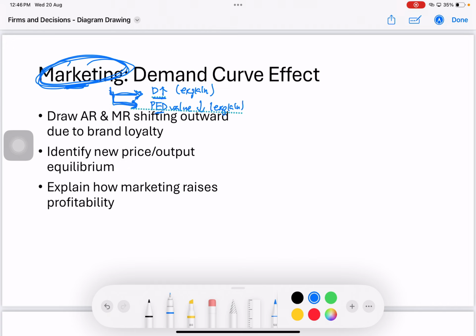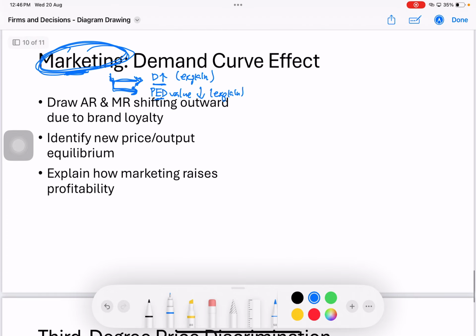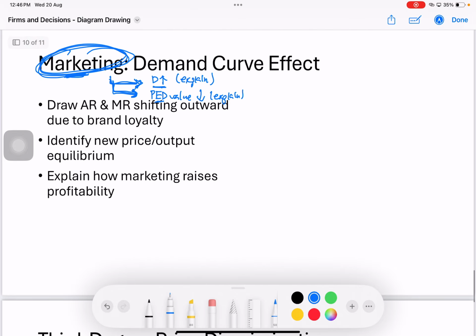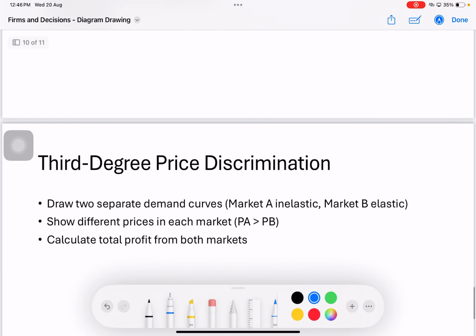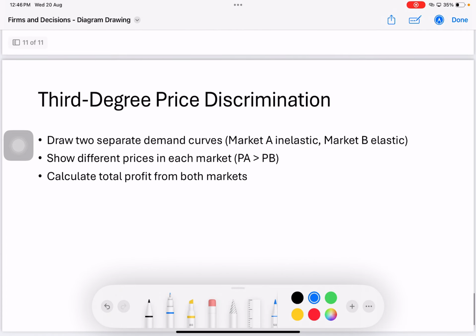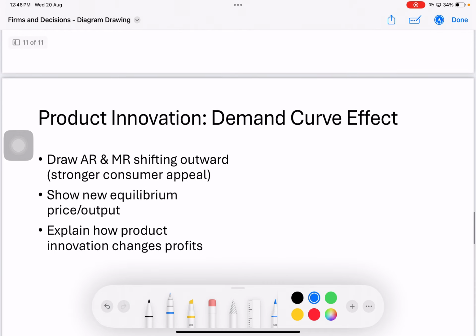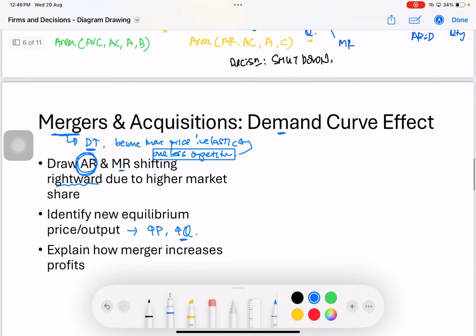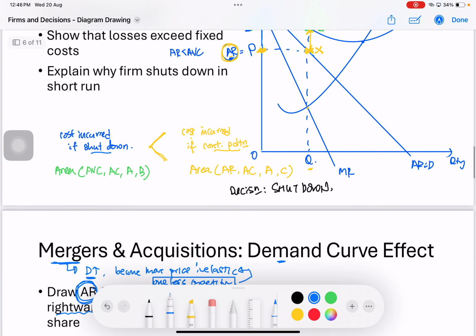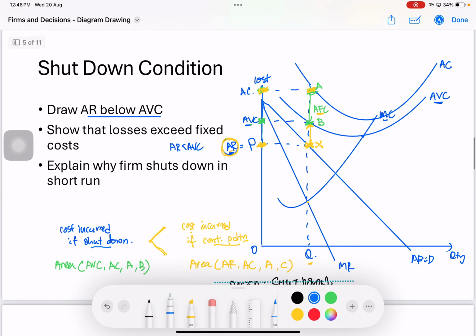Okay? And marketing, of course, it is not about process innovation, and hence there isn't anything on the cost curve. And the last one is third degree price discrimination. Guys, go and study on your own. Okay? So I'm not going to go through this. All this, my purpose is just for you to realize that actually the pattern is the same, but you just have to draw the connection. Okay? So with that, let me